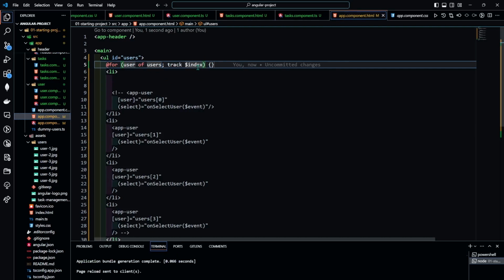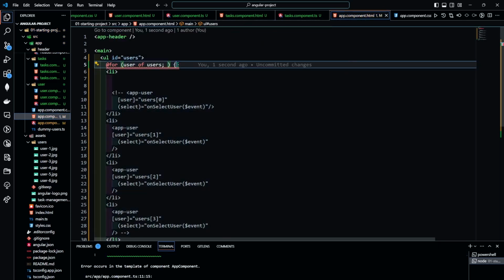Now coming to this track index, what is this track index? We will talk about it in a while, but before that, inside this,